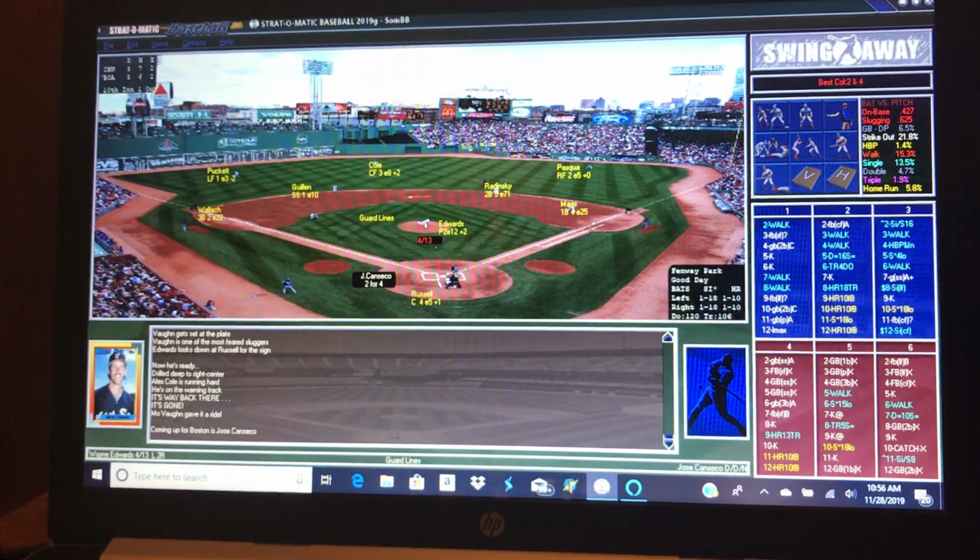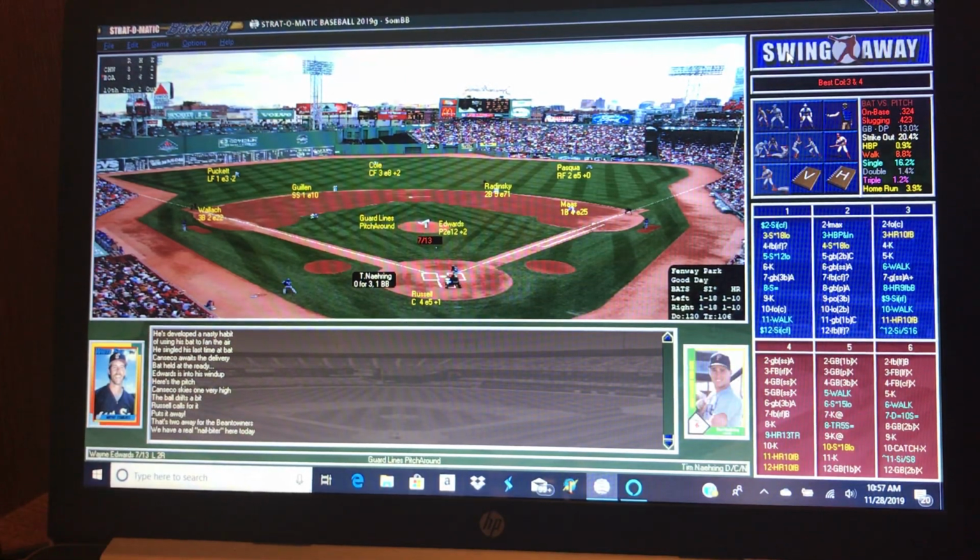Unbelievable. Because I was thinking it was a National League game and I should put him in at the pitcher spot. Don't see that very often. And now Tim Naring's up with 2 outs in a tie game, 3-3 in the 10th. It's an exciting game. Let's hope it doesn't come down to Radinsky having to drive in a run.